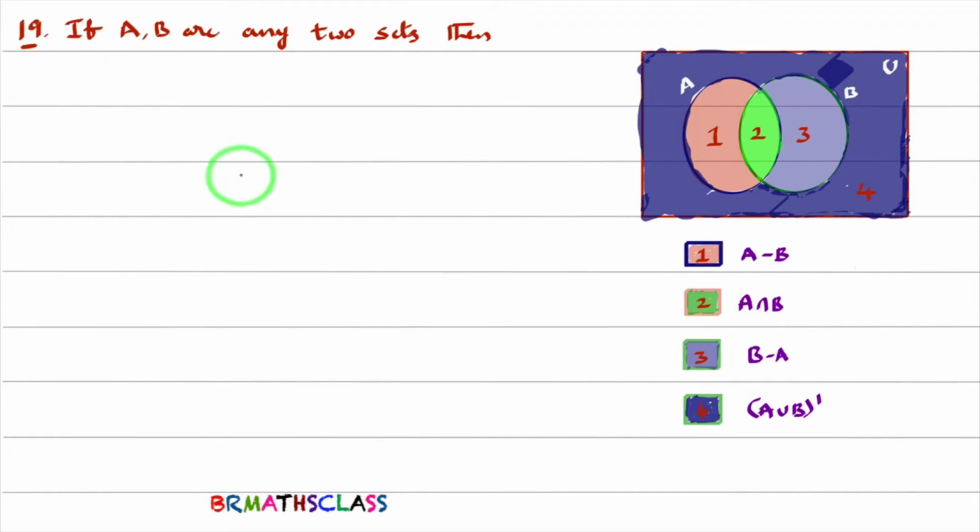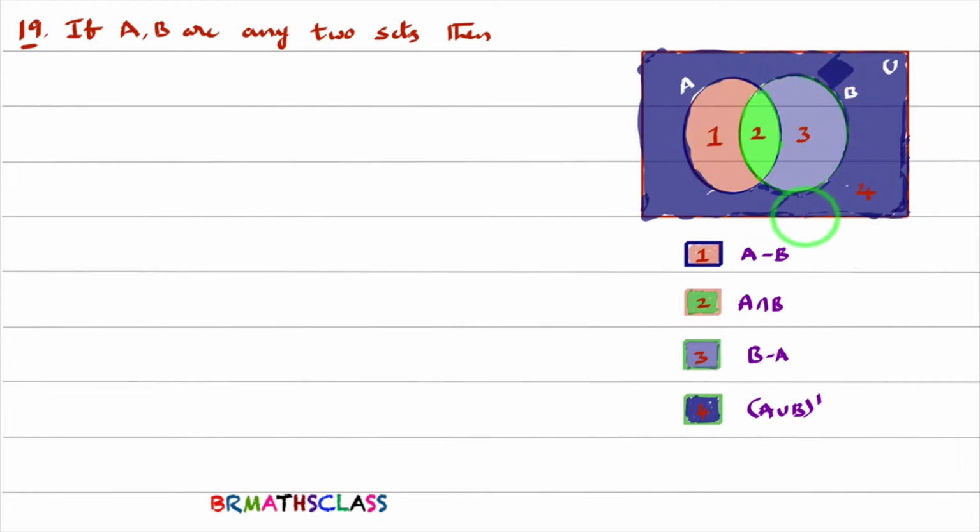In this class, we will learn the properties between the sets, relation between the sets. This class is very important. We use these results very frequently in the coming classes. First, you try to understand this diagram.